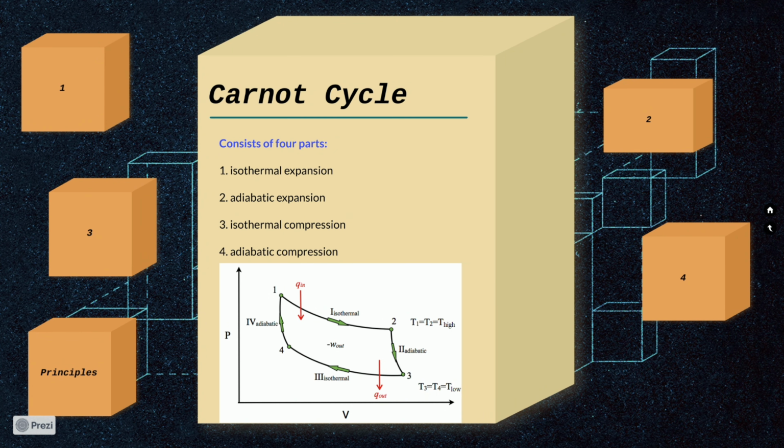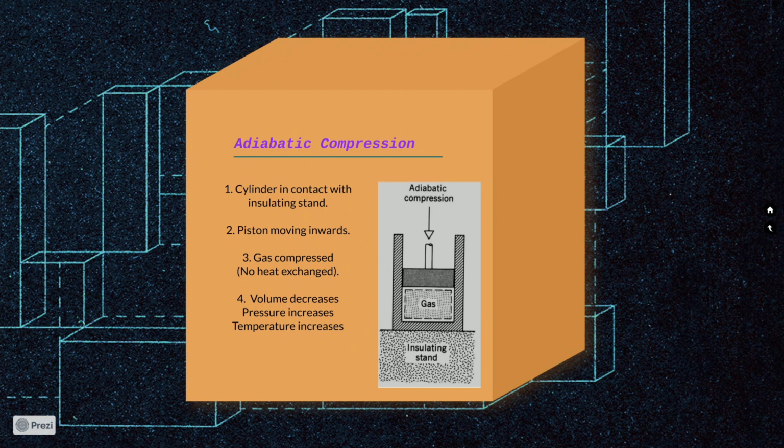Now we go to the last stage, the adiabatic compression. In this stage, the cylinder is insulated and the gas is compressed adiabatically. This means that the volume decreases and the temperature and pressure both increase, without any heat transfer in or out of the system. The change in internal energy is equivalent to the work done on the gas. This is equal to the product of the number of moles of gas, the specific heat capacity of the gas at constant volume, and the change in temperature. The change in temperature is greater than zero as the temperature increases,